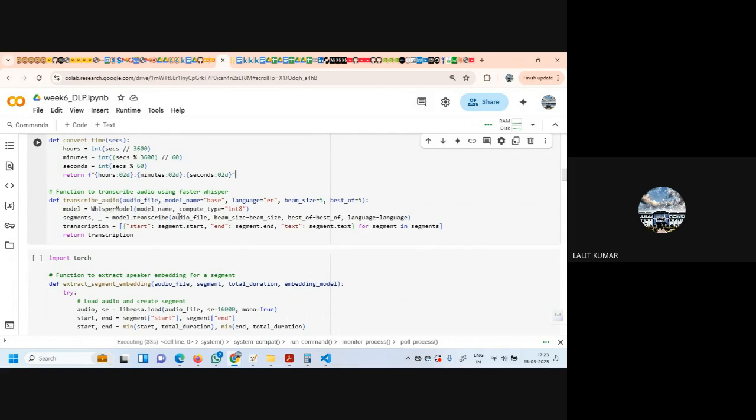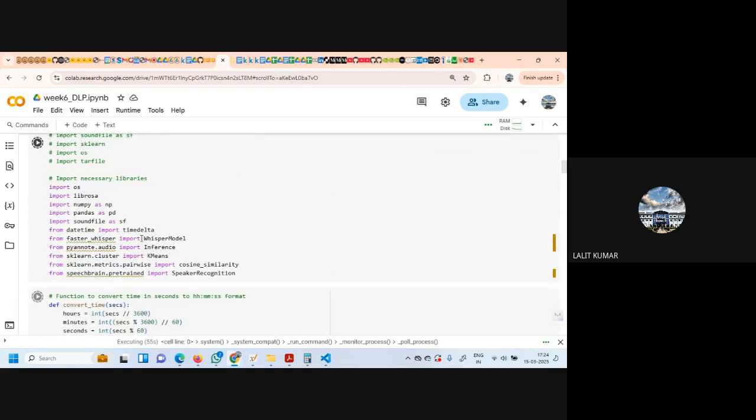So model.transcribe(audio_file, beam_size, best_of, language=language), and it will give us the segments. And now transcription will give start and end. So it will give the segment start, segment end, and text, segment.text for segment in segments. So it will return this transcription. Let's see how it will work.